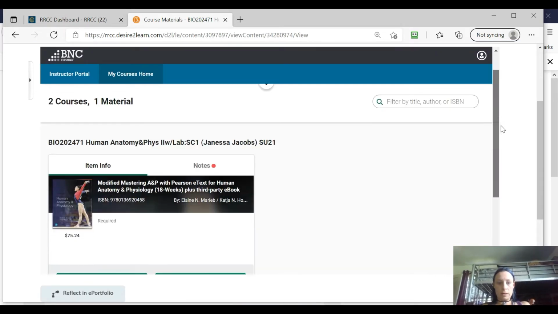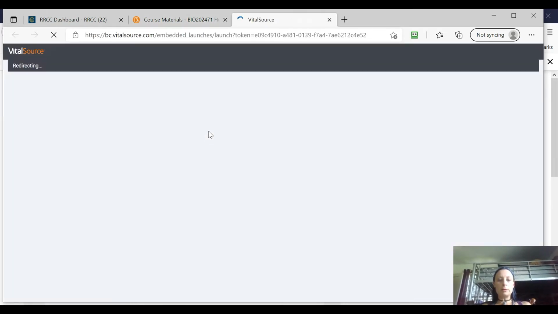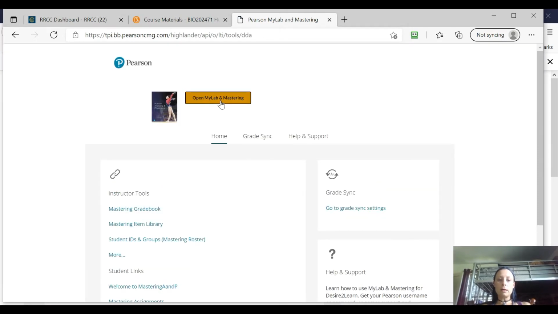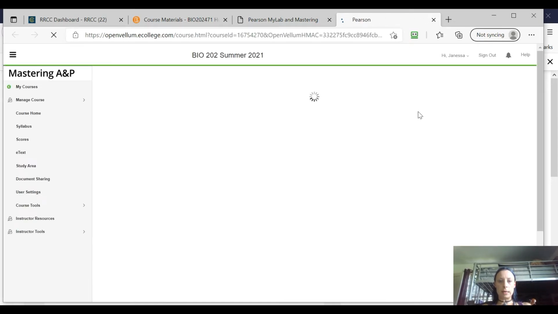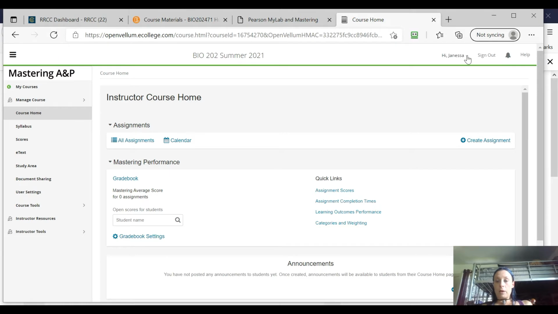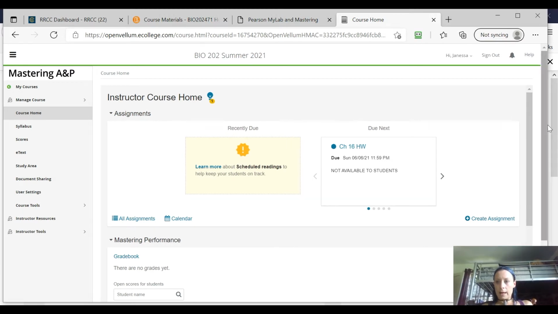So what you'll do is you will launch your courseware after it's uploaded, and then you will be able to access this MyLab and Mastering AMP. All of your assignments are going to be through Mastering AMP, and all of the materials that you'll need to study lab are through MyLab. So yes, this is working better using a different browser, so always try that, and always know that if there are errors, then I will work with you to get those figured out. So I wanted to be able to show you this from the student view.